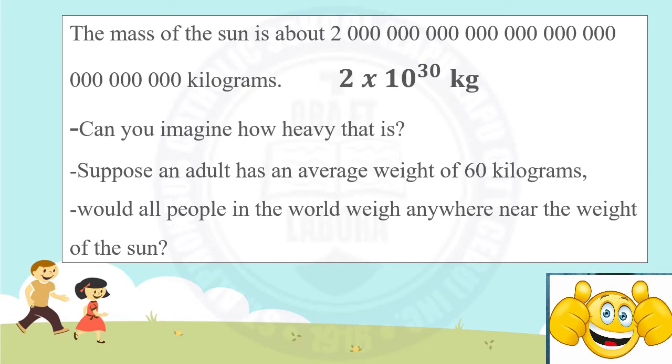That's why it is 2 times 10 raised to 30 kilograms. Because we are talking about mass, that's why kilograms. Can you imagine how heavy that is? Remember that the average weight of an adult is 60 kilograms. Will all the people in the world weigh anywhere near the weight of the sun? It's just small pieces if we are near the sun, like a dust or a dot. So,